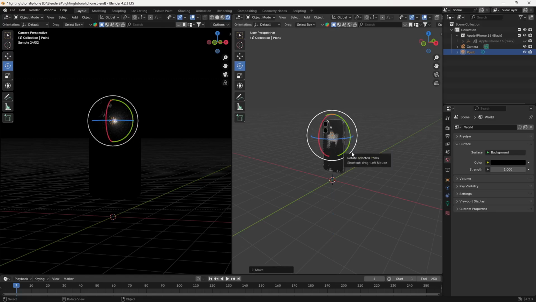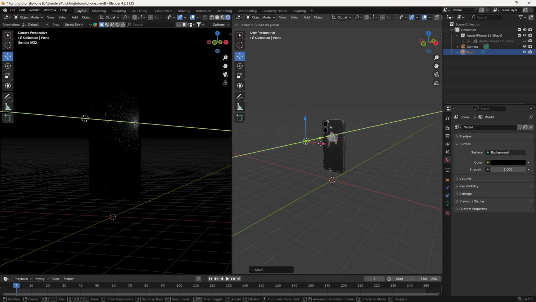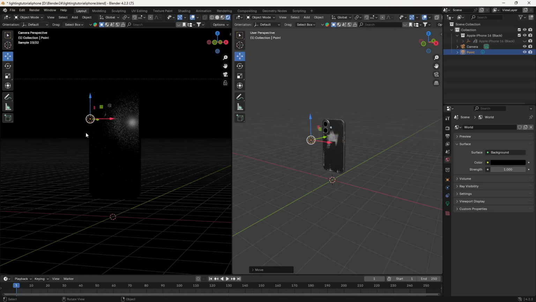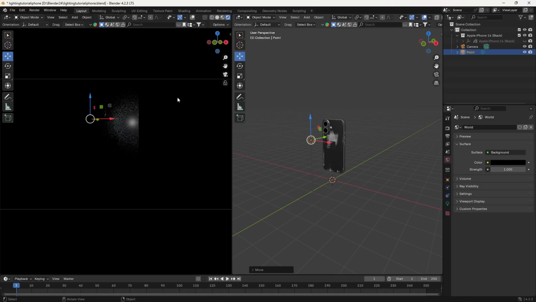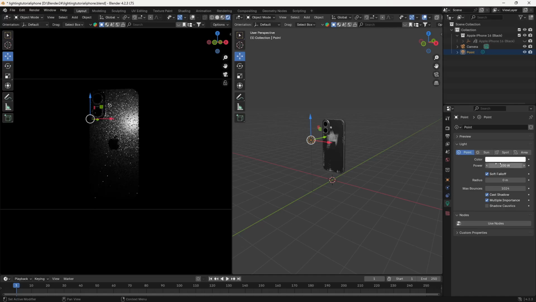You can play with the values as well. Let's move it here and you can see the result in the viewport as well. Let's hide all the other stuff so we can just see our render here. If I click on my point light, you can see we have this wattage here. You can increase it to 200 and you can see the result. You can increase the radius of the light and it will make the light really soft. Same as the sun, but I don't use this that much.